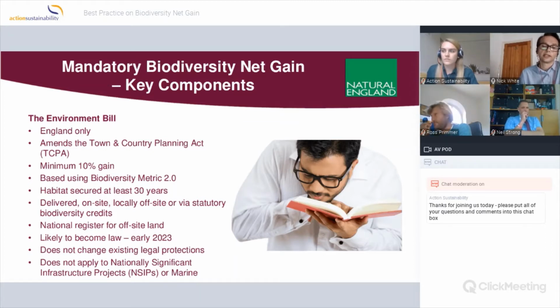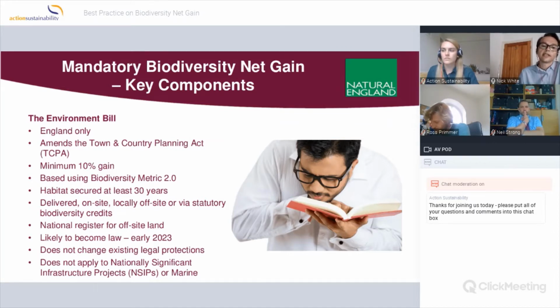If that's not possible, so if you can't do any net gain on site, and equally if there's no one with land able to sell you the kind of biodiversity outcomes you need, the bill also makes provision for the establishment of statutory biodiversity credits, which are credits you could buy from government. They'll be invested in biodiversity gain outcomes, but they're intended to make sure that there aren't any situations where a project is stuck, it can't achieve net gain on site, and there's no local way of delivering net gain. So they will be available as well.